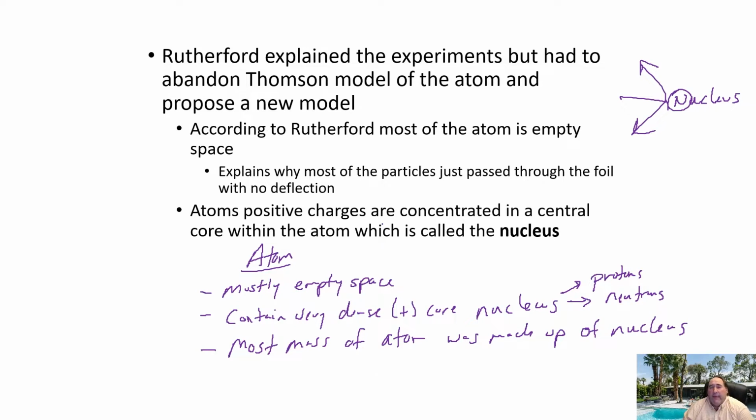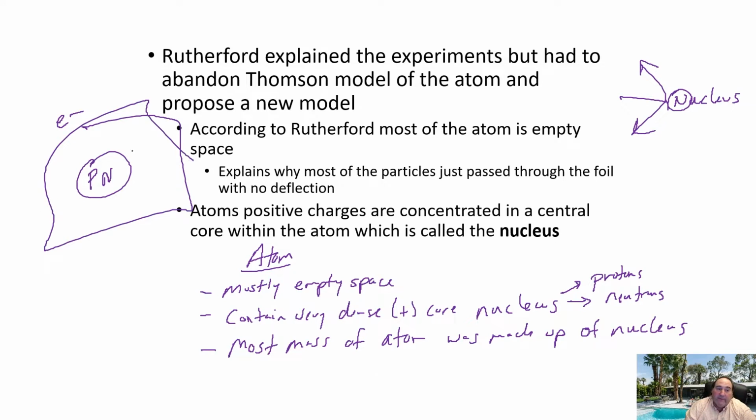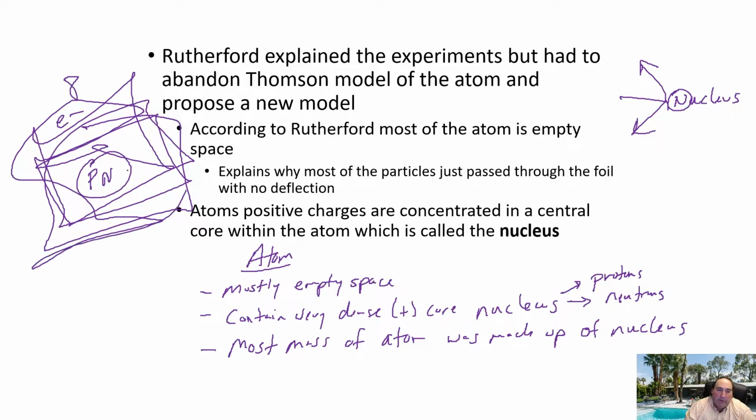Revisited new model of the atom, where we have our nucleus, which has protons and neutrons in it. We have our electrons traveling in that empty space. As we'll talk about in a later chapter, by the way, electrons don't travel in pretty circles around the nucleus. They actually travel fairly randomly about the nucleus, heading in weird and odd ways. They do not travel in pretty circles or anything like that.